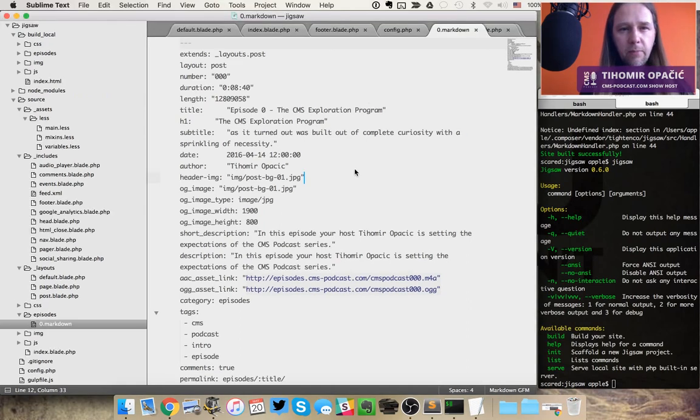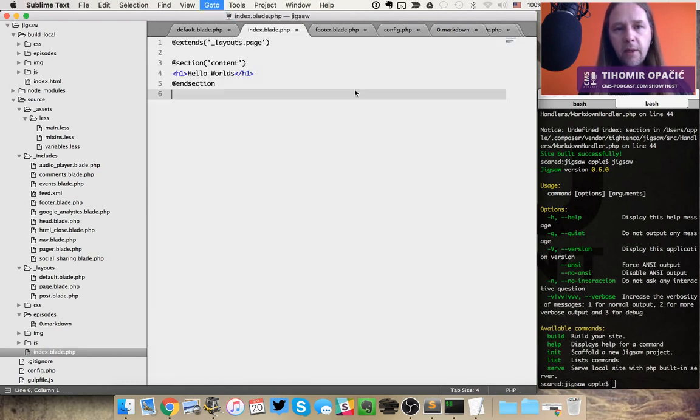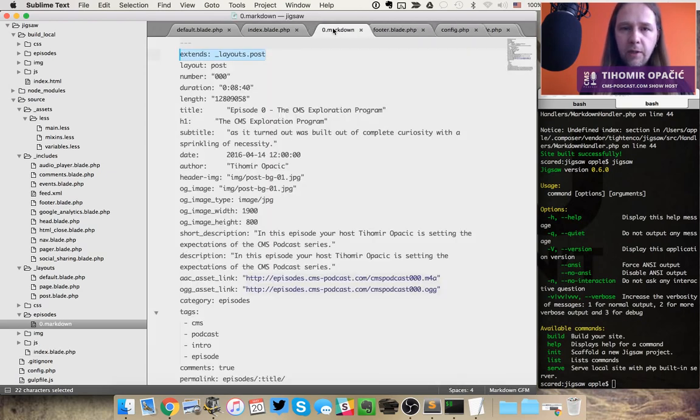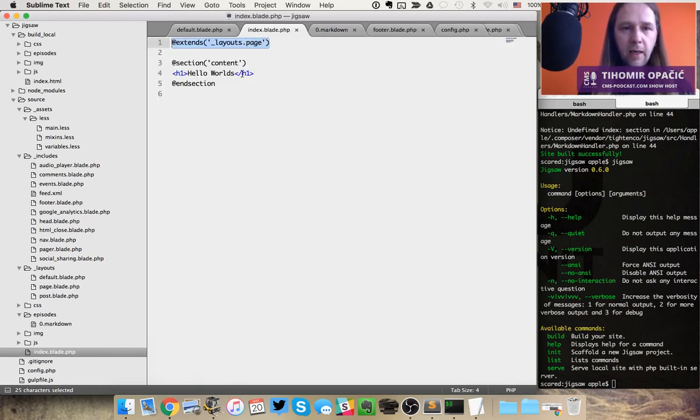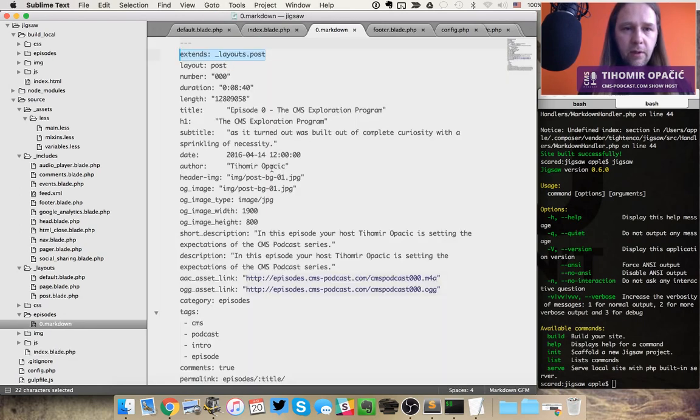If I compare the two, all I've added is this variable, extends. So I'm extending layouts post, and instead of doing it like this in my blade file, if I want to use Markdown, you just do it like this. And another thing you have to do is tell it what section you are actually in,